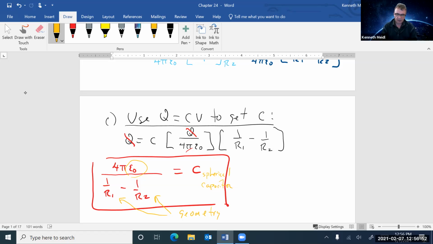And that's it. But these steps get you pretty far. This is a nice way of doing that. Find the electric field between the plates, find the voltage between the plates, and then you use Q equals C times V, and see if you can't